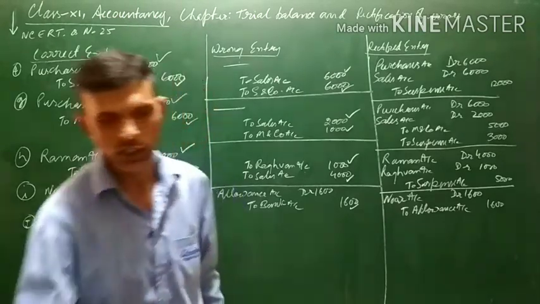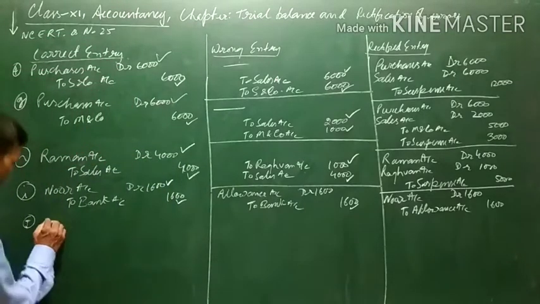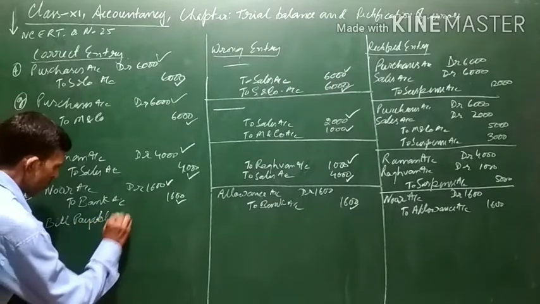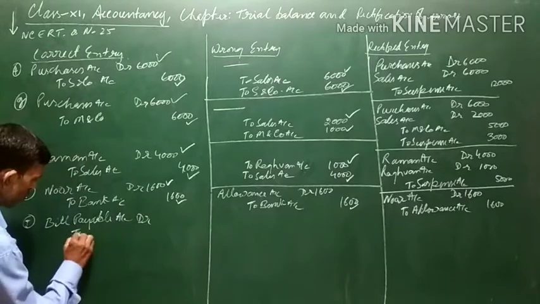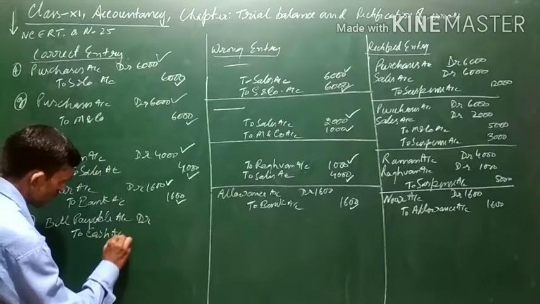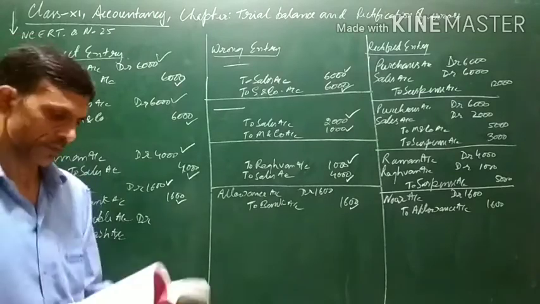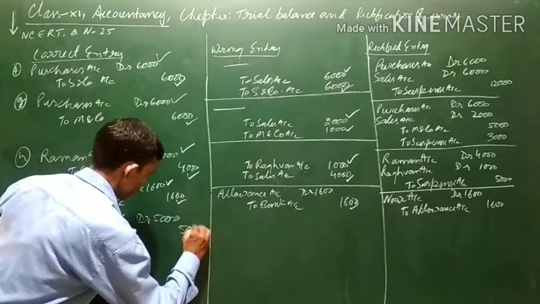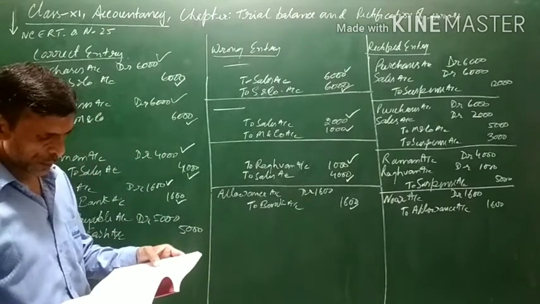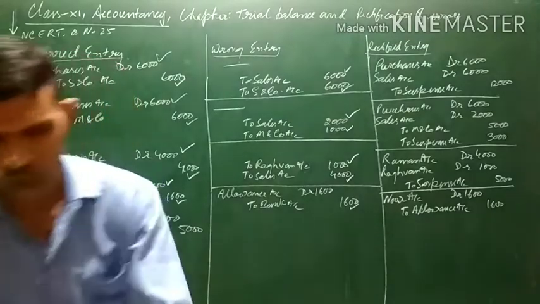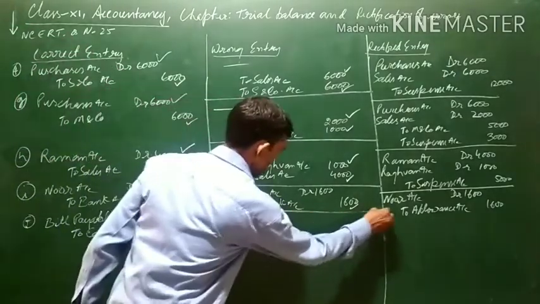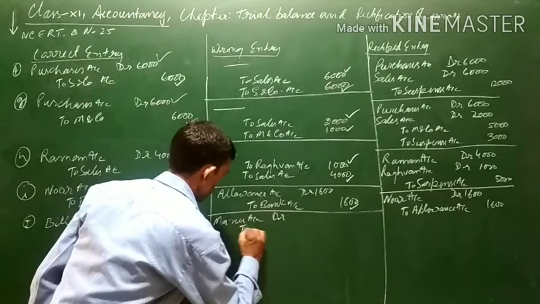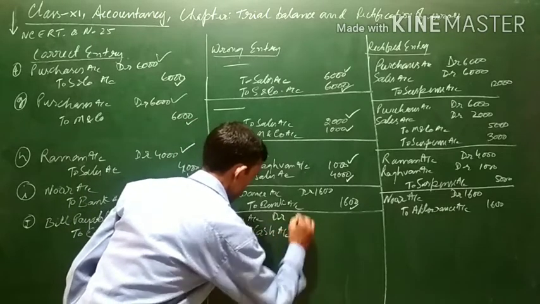So cash paid to Manu against our acceptance. When the cash is paid to Manu against the bills payable, the entry will be bills payable account debit to cash, or you can write bank also. Amount is 5,000. Now it has been wrongly debited to Manu's account. It means the recording is such that Manu account has been debited. Manu account debit to cash 5,000.